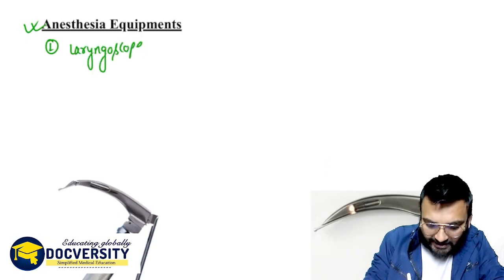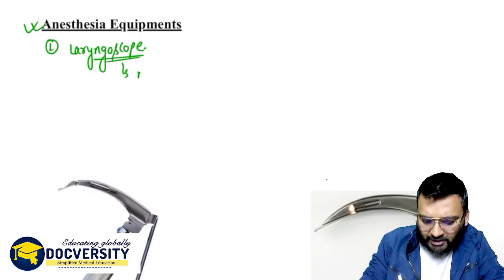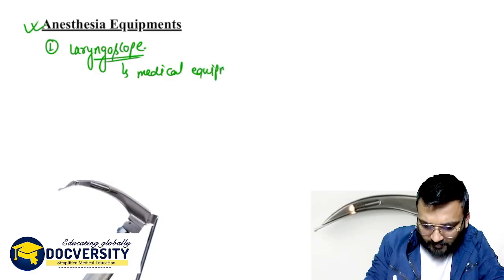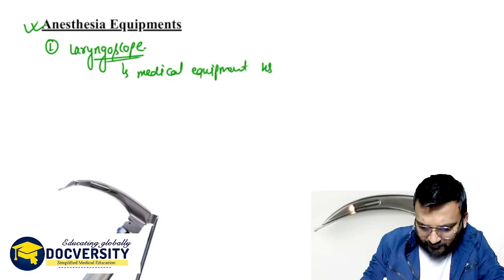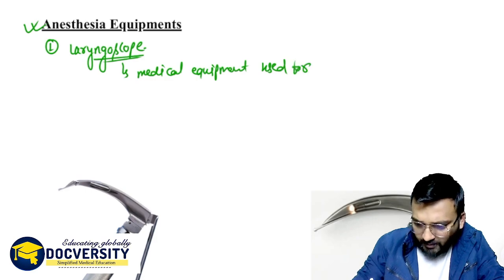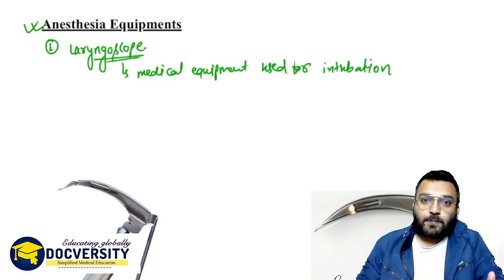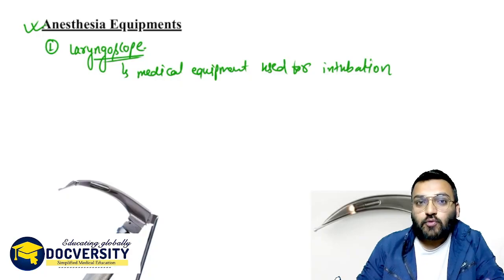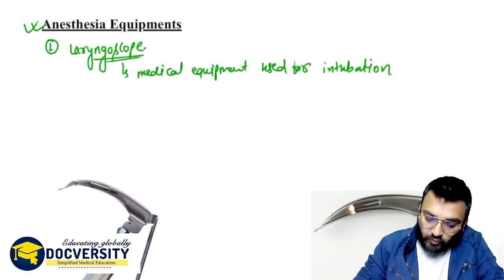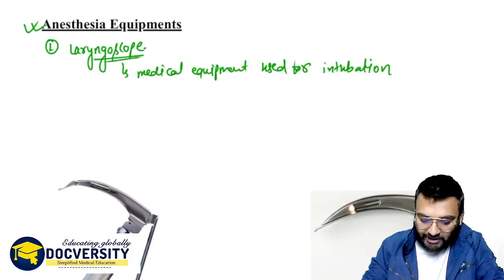So what is the laryngoscope, sir? It is one of the medical equipment used for intubation. Okay, used for intubation. Now, a very important thing that you have to understand whenever we are handling the laryngoscope,